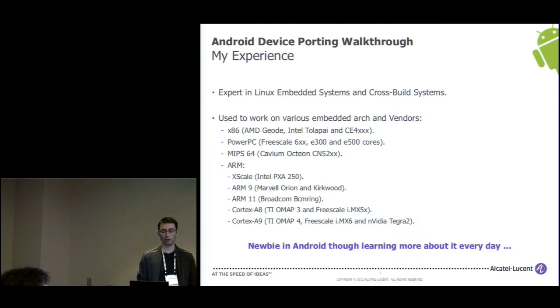And I used to work with many different vendors and architectures. I'm used to different embedded x86 architectures, but also PowerPC, MIPS64, and also some ARM, ARM9, ARM11, for Broadcom, Marvell, Freescale, or TI.